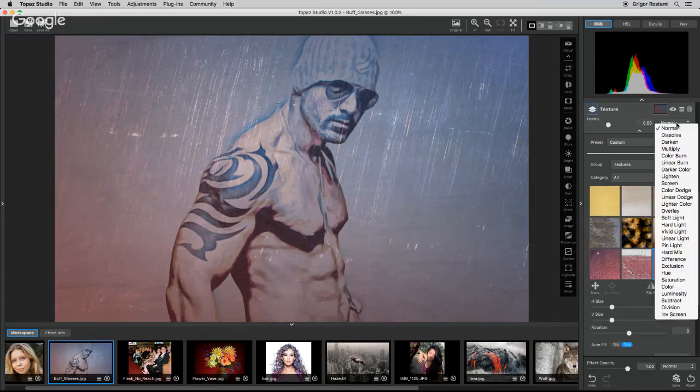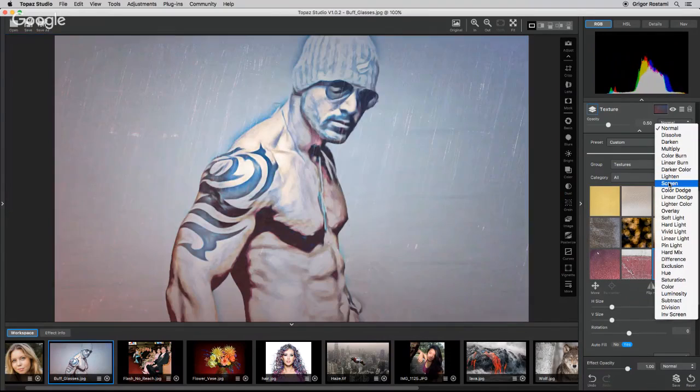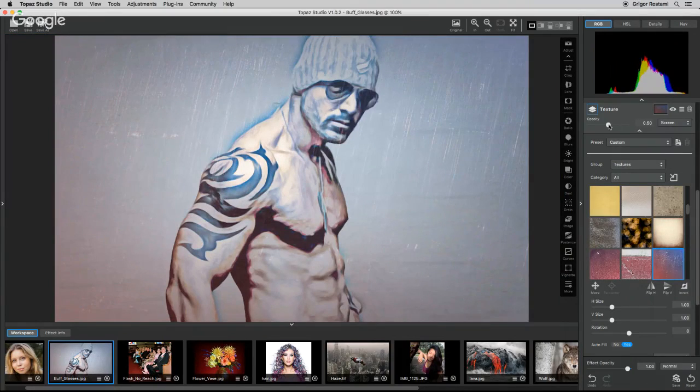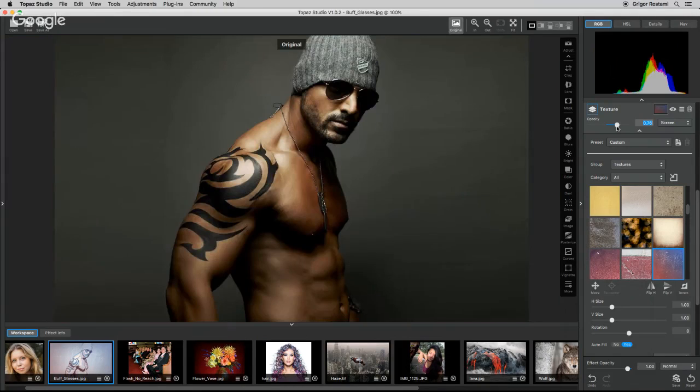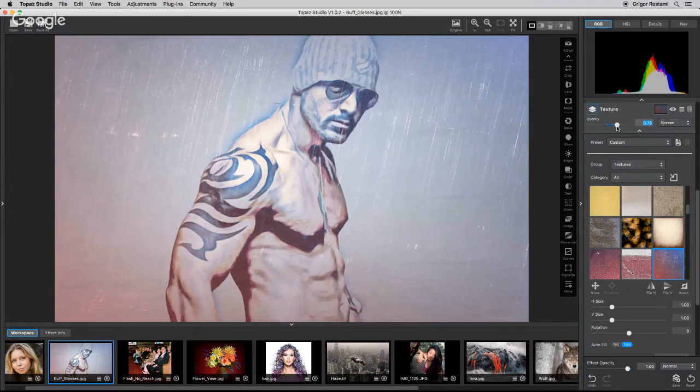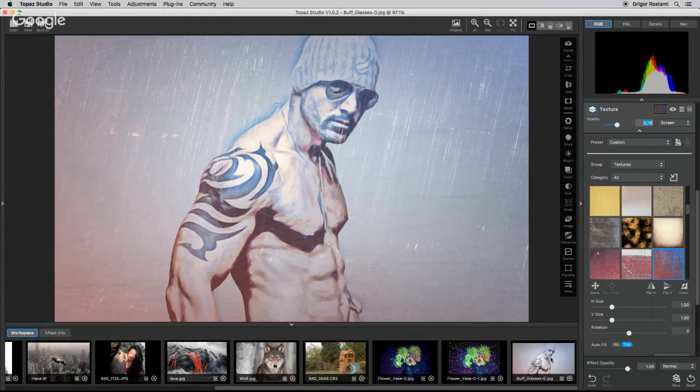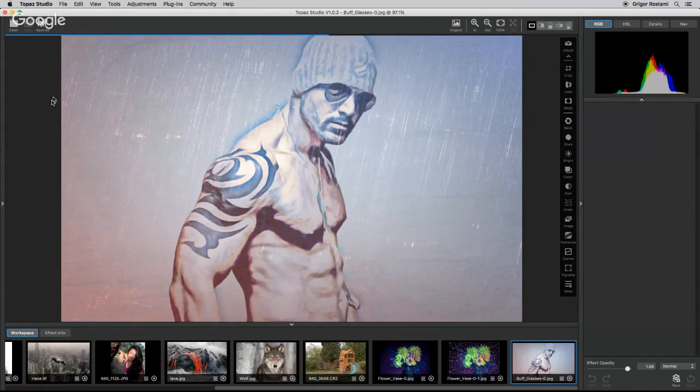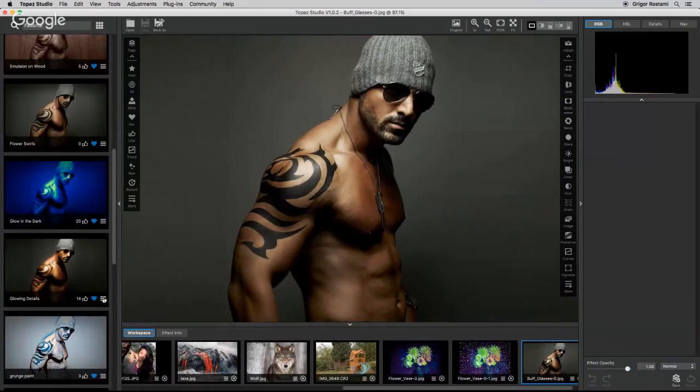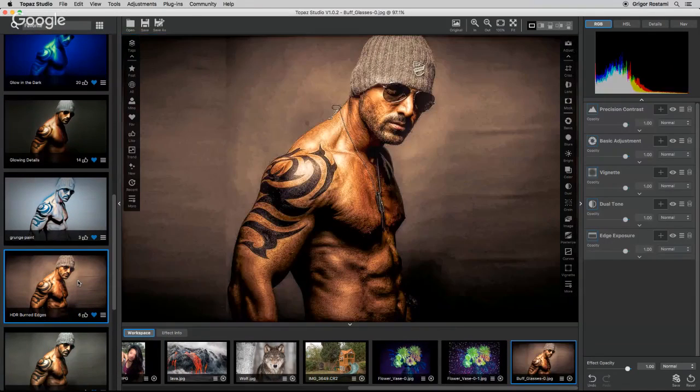And as always, you've got all your blend modes over here. So if I choose screen, okay, now that's going to be adding that effect to it. You can obviously choose how much of that effect you want to add to it just by changing the opacity of the effect. And I'm pretty happy with it. So again, there's the before, there's the after, and let's make one final adjustment for our photo over here. Just as easily as you duplicate the photo, at the end, let me reset that effect, and I'll find something else that's going to be pretty grungy for this guy. How about,